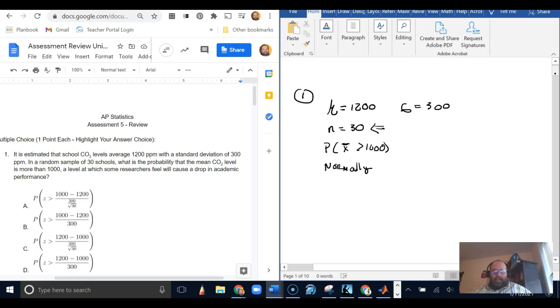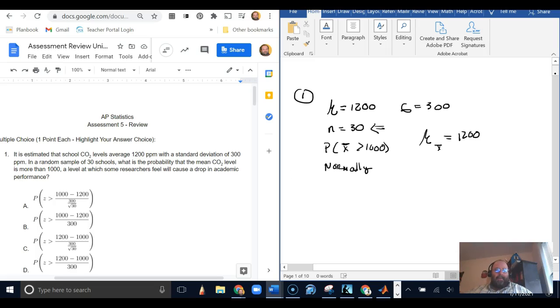We can then know that because the means of the samples are distributed this way, this is going to be an unbiased indicator, so this is going to be right at 1,200. And also because the sample size 30 is definitely less than 10% of